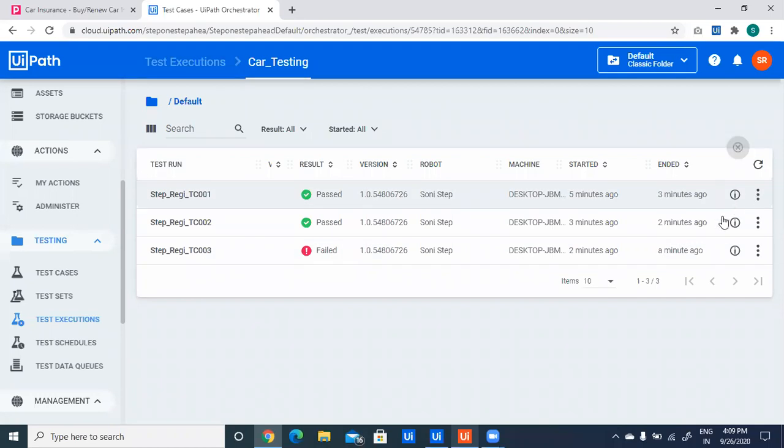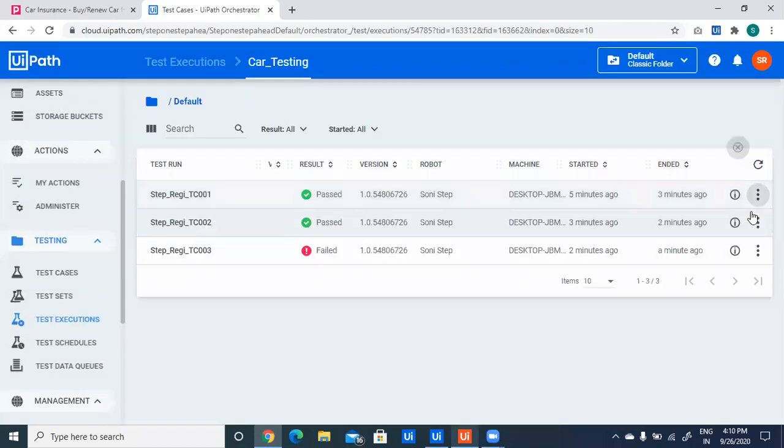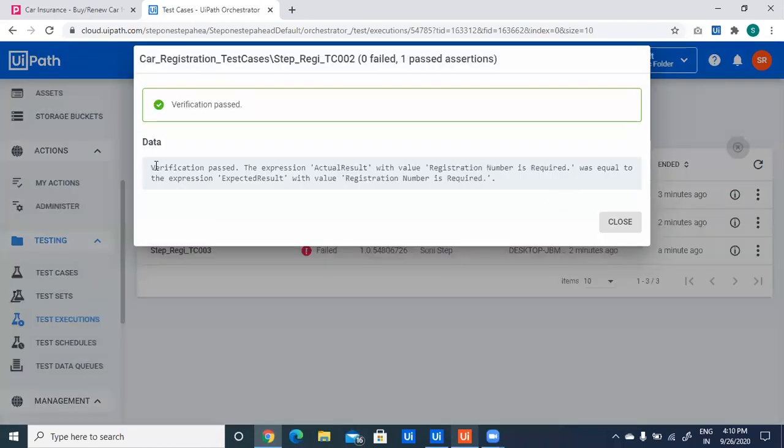So go to view assertions. We can see the entire detail, that is, my actual result was this and my expected result was this. For the second, we can view assertions and check the status of our test case.